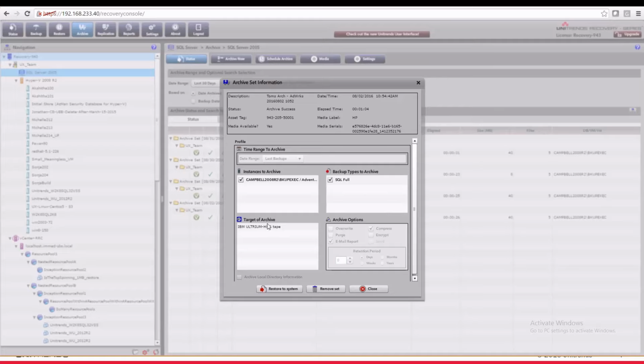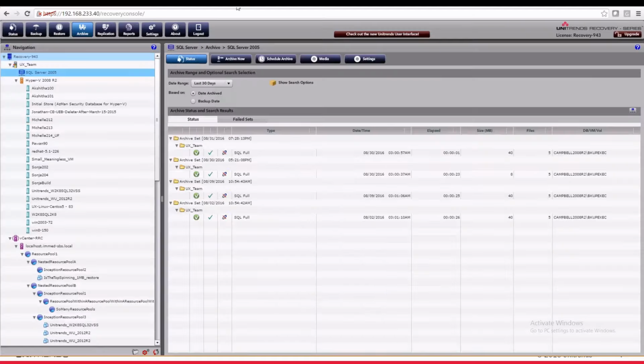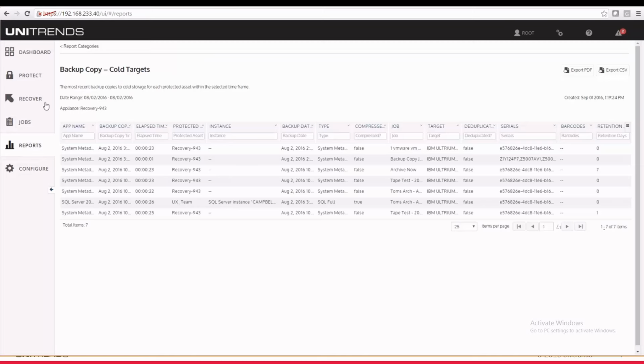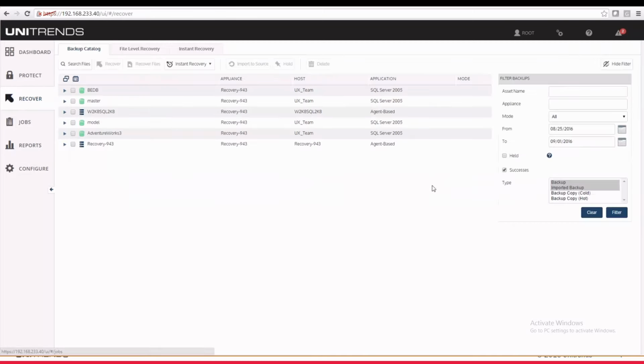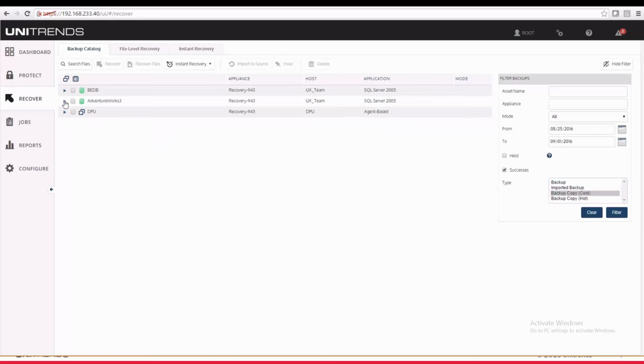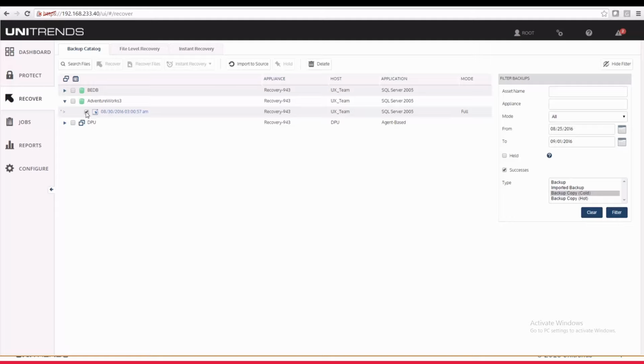This view does have longer history that can be reviewed and may be more flexible from a search perspective. Now, additionally, from this view, we can get detailed information by clicking an individual archive job. You can also get more detailed information about the archive job set, including all the serial numbers used, the elapsed time for the entire job run instead of the individual clients. And once you have the information you need, and the proper tapes loaded, it's recommended that you switch back to